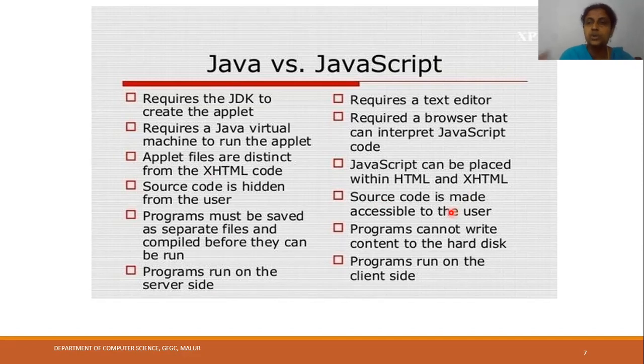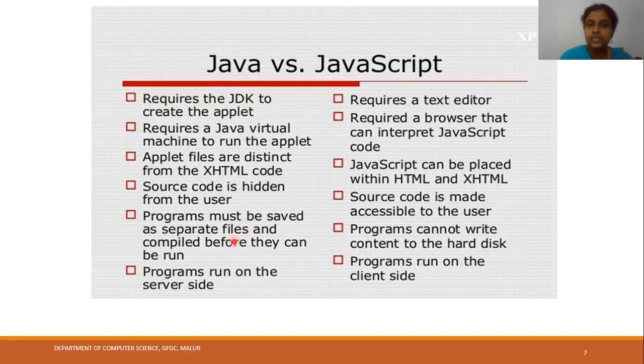When you are browsing also, right click. There you see view source. One option will be there. If you click, you can see the source code of the web page. That is possible in web pages. You get the source code of those web pages. It is accessible, unlike other programming languages where we can't see the source code. But when it comes to JavaScript and HTML also, we can see the source code. In the browser, type a web page website address, right click, view source, you will be able to view.